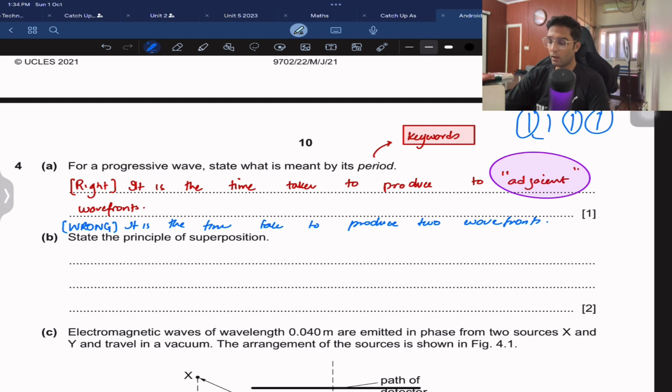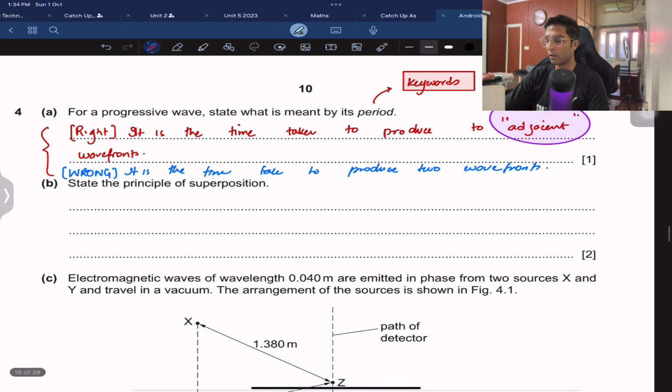Then I would recommend that going through these types of answers, make sure that when you're learning definitions, you just write down the keywords of each definition, because definitions require certain keywords that need to be included. If you don't do that, then obviously it would be wrong. Anyhow,